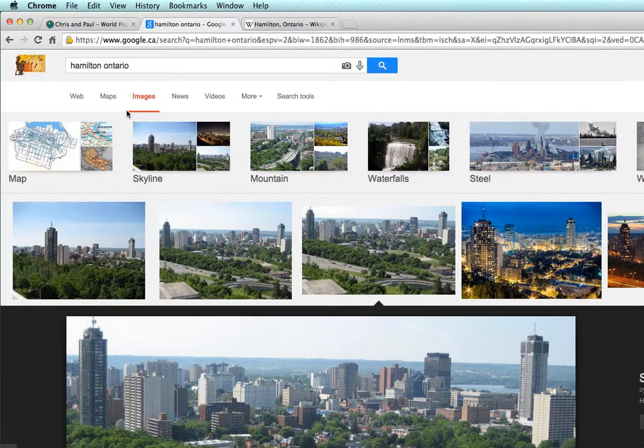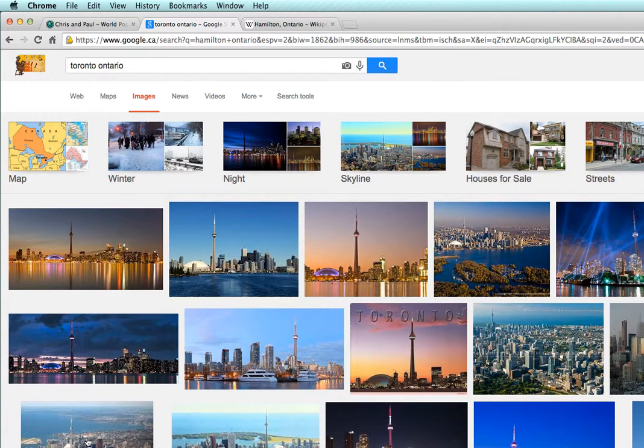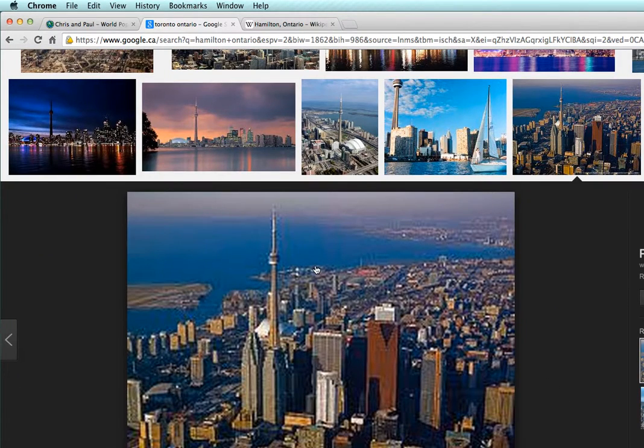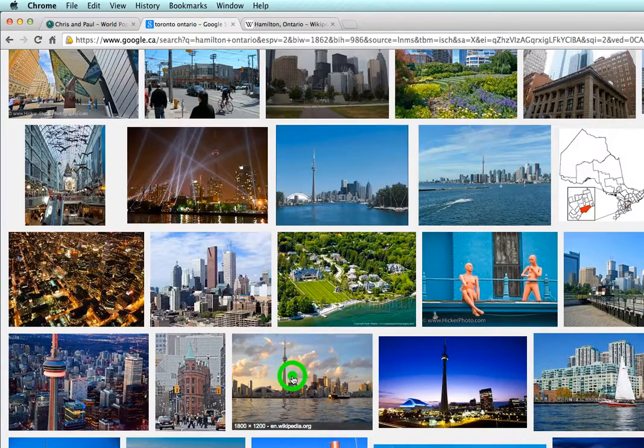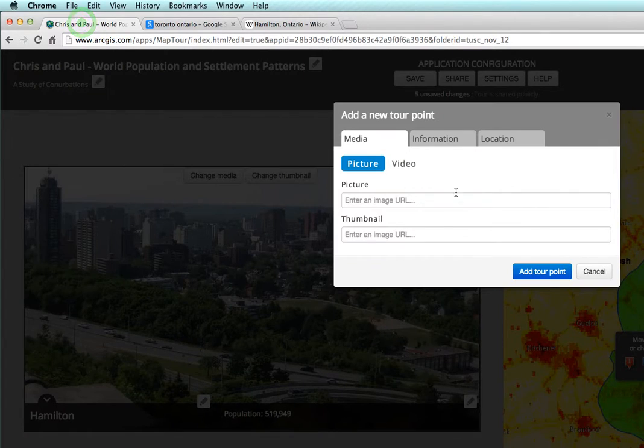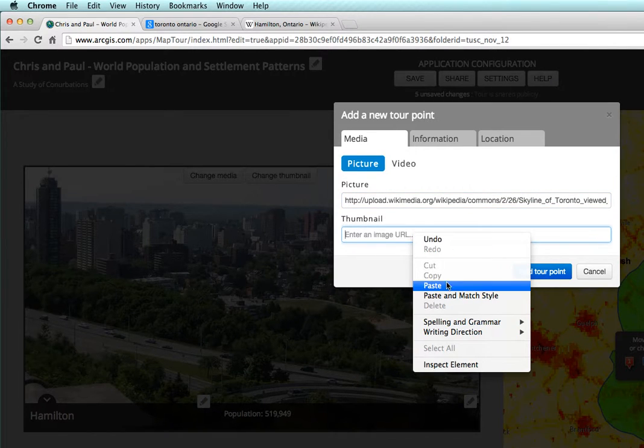Come over to Google. We'll come up and we'll take out the Hamilton part, put in Toronto, and it doesn't really matter. Look for, again, a nice big one. That one could be good. And again, if it looks fuzzy, just wait for it to load in, or it might really be fuzzy. All right, never mind. If it looks fuzzy, skip that one. Here we go. That one should be good. There. So it's loaded in. We get a nice one. We can right click, copy image URL, come back over, paste, paste,